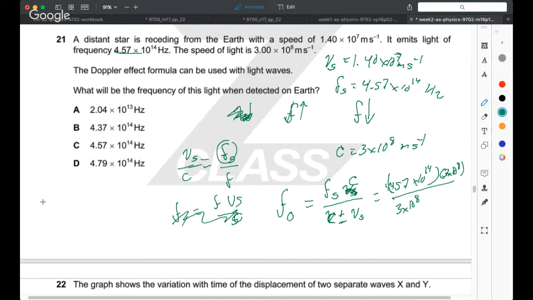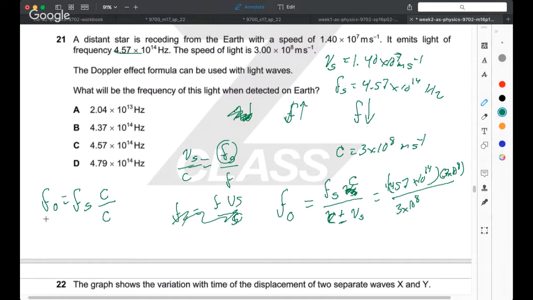So what happens here, for example, is the frequency of the observer is equal to the frequency of the object. If the object is static, c would be c over c, so this will be equal to 1, and both frequencies will be equal. But what happens if the object is moving towards you,